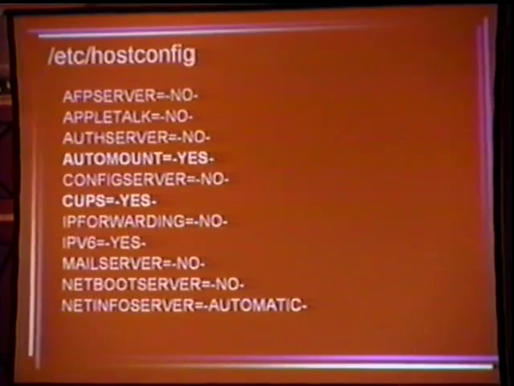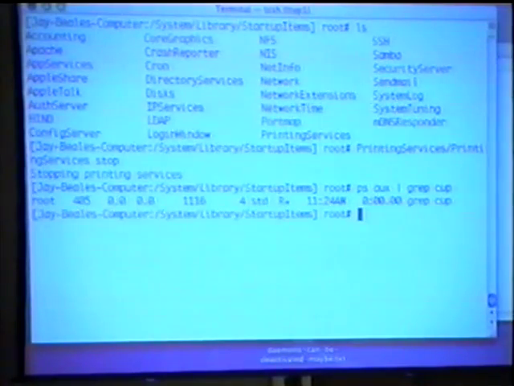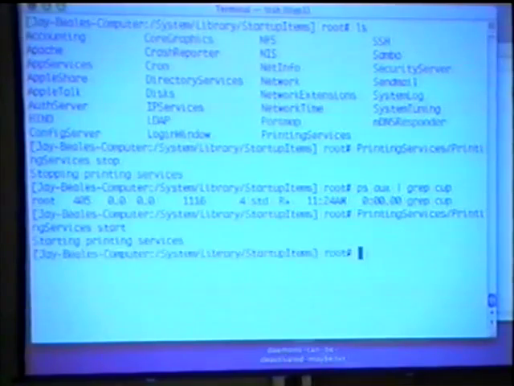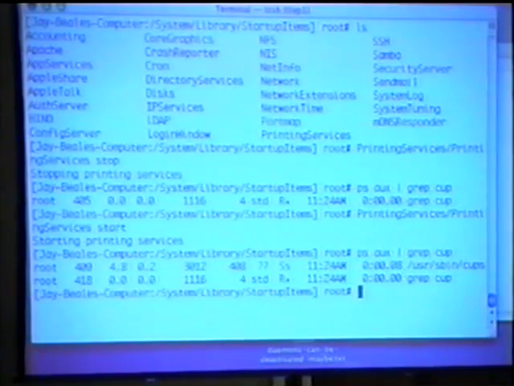I'll change cups to no, and I'll look at the start script that started it. The start script for cups is printing services, and I'll run printing services stop. And find that it wasn't there. If I were to run start, let's make sure that we turn something off.